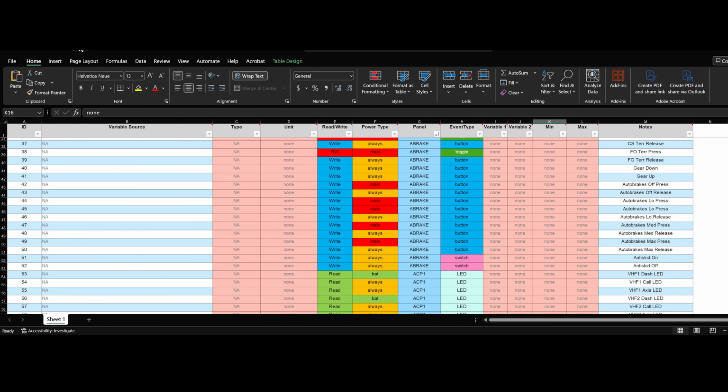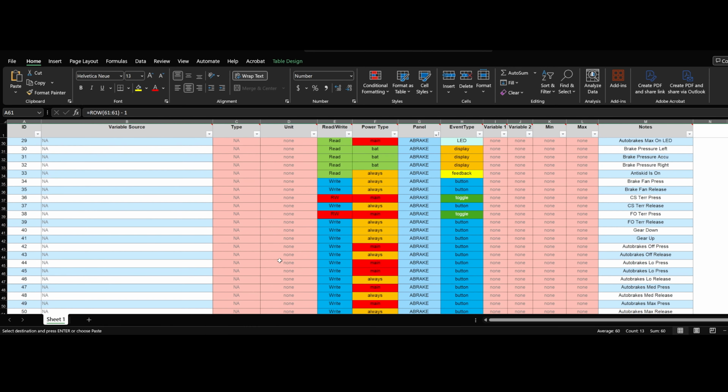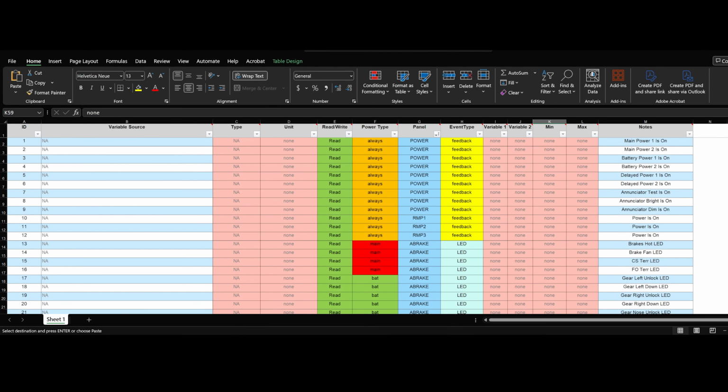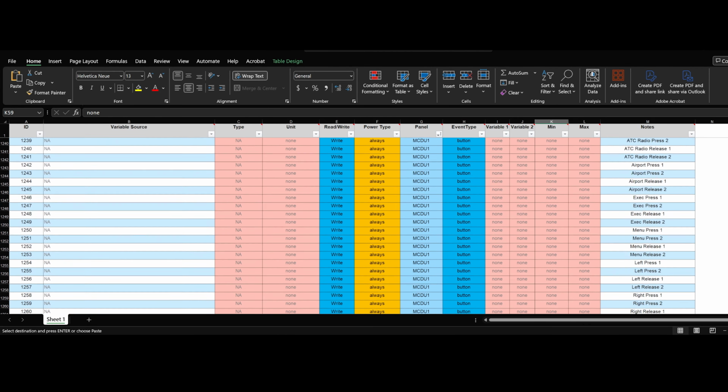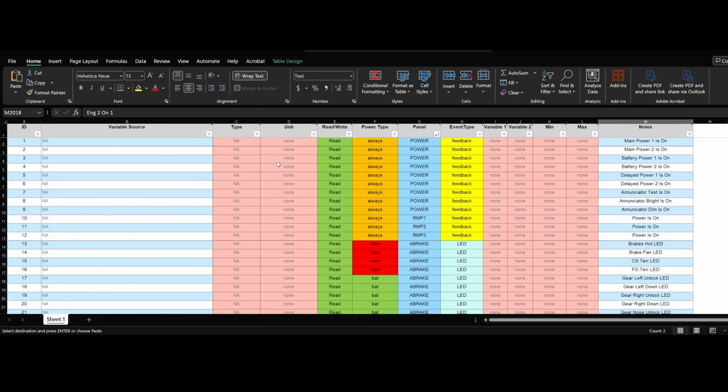Alright, so we're going to undo those 2 changes here. So we're back to how we were. Alright. So that's the notes, and you're going to see there is every single thing that we have in the entire system. Alright, so the next thing we're going to go over is the variable sources, the most important part